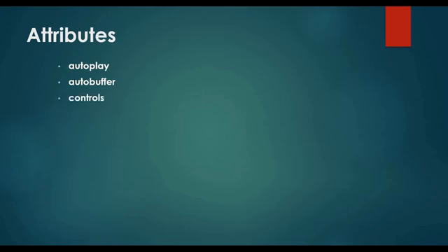And controls, which we have already seen, are the play and pause buttons. And height, we have given in the previous example itself, the height of the video. And loop means when that particular video is fully played, it will start to play again. That is loop, right? The next one is preload. Preload means it will be loaded first. After loading only, it will start to play.